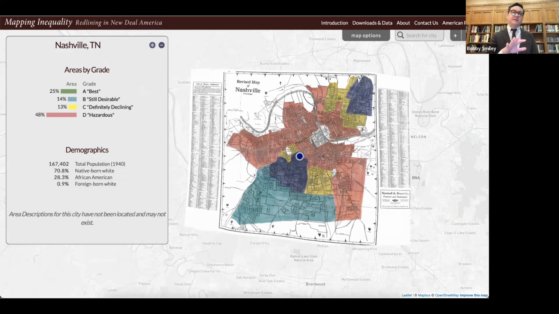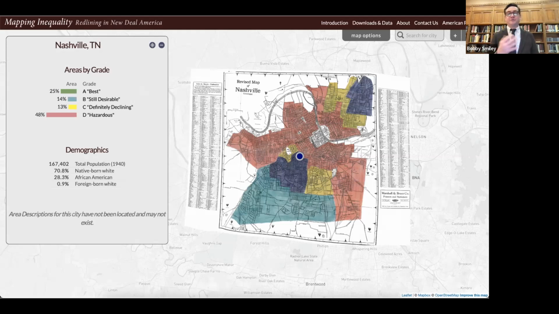And as you can tell, the big major swath through the middle of the map is red, and red spots, not only in Nashville, but everywhere else, as you probably know, were what we now know as redlining. And I think one of the things that a project like this highlights is that redlining, of course, draws your attention to